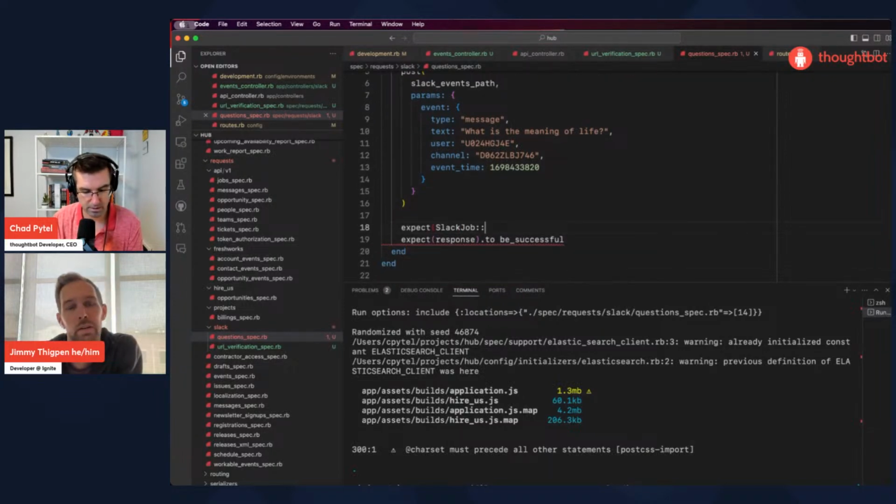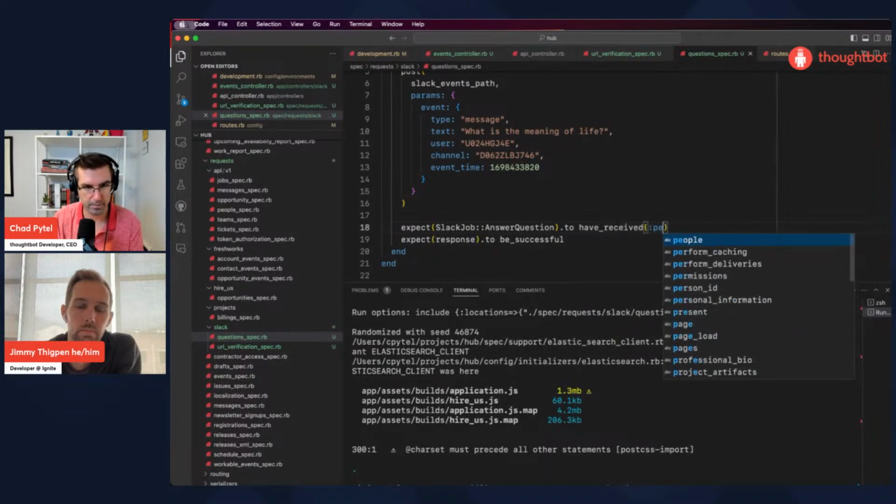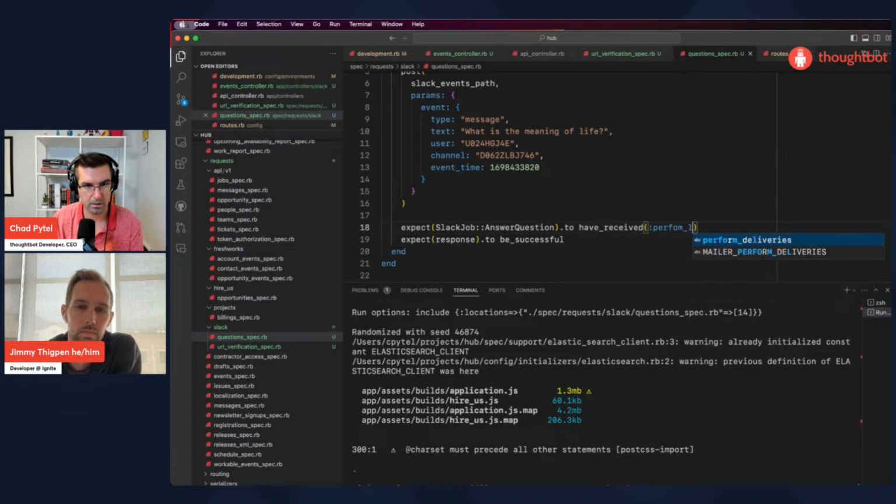When you say background job, that's like a cron job, but in Rails? Yeah, like a background job that happens outside of the request response cycle. Well, not a cron job, that's something on a schedule, I guess. And we'll say perform later.